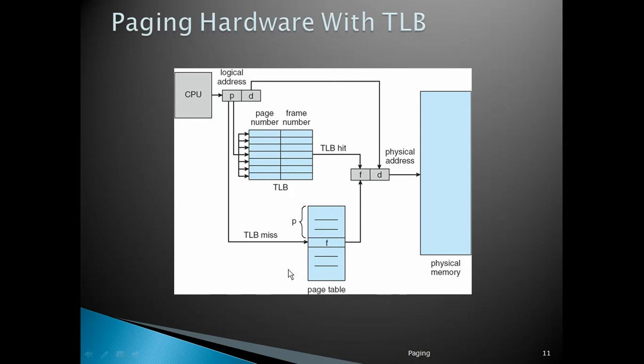Whenever there is a page miss, at that time the page table entries will be searched and the frame numbers are written. Along with that, the particular page is added into the TLB, that is, into the translation look-aside buffer. And when the TLB is full, at that time one of the least recently used pages will be removed and the new page will be included. So one of the page replacement policies used for TLB entries is LRU, that is, the least recently used page will be removed and the currently found page will be inserted into the translation look-aside buffer.